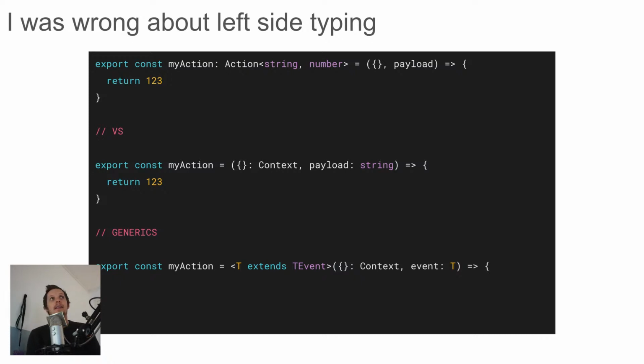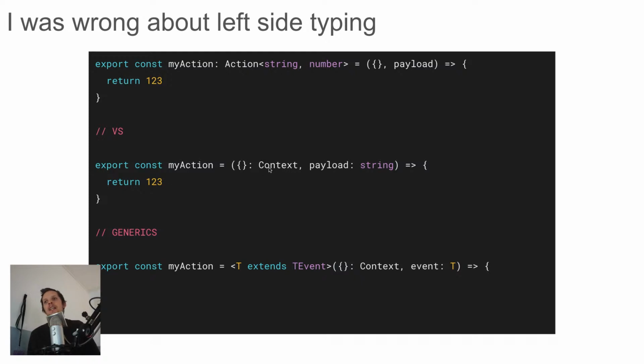But it's actually not, and this is a big discussion in several libraries, even React. Do you do React.FC, like function component, or do you just type the props as an argument? There's back and forth on what's the best approach. But at least for Overmind, I think it's way better to not do that left side typing, but rather type the context itself, and then the payload itself, and then it will infer the return type.